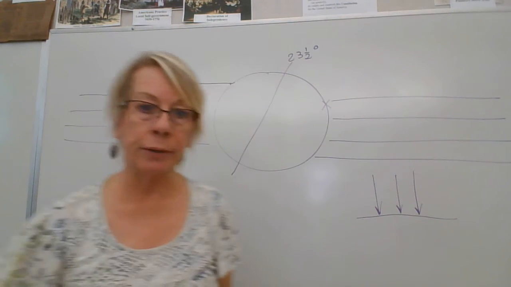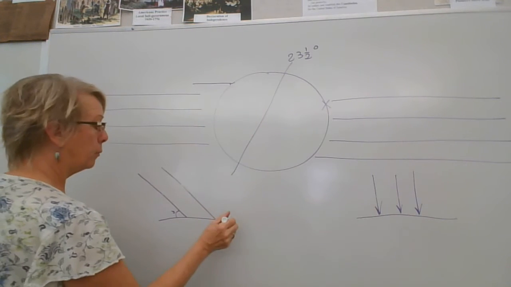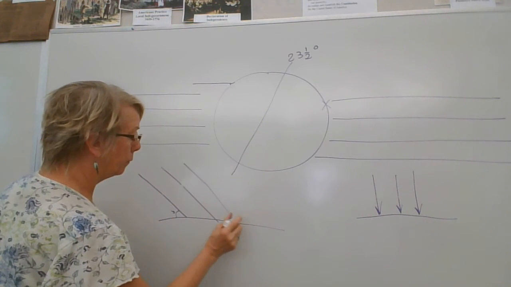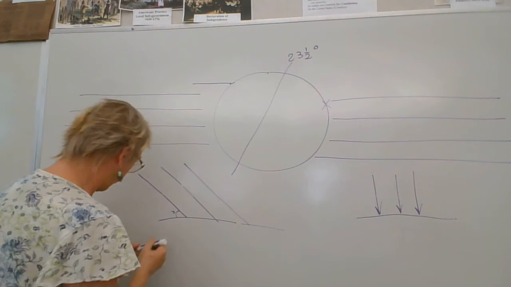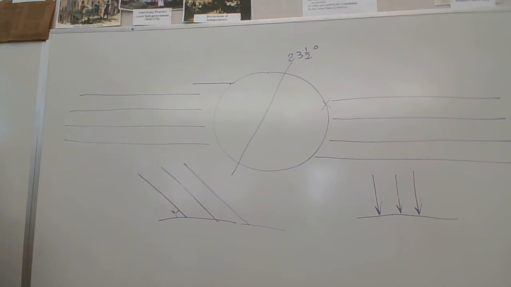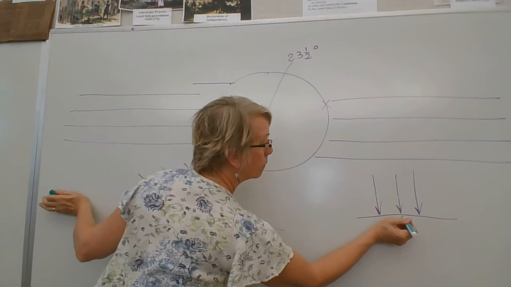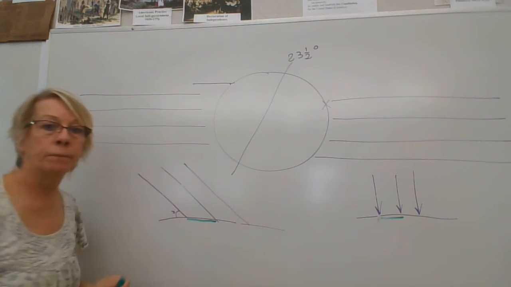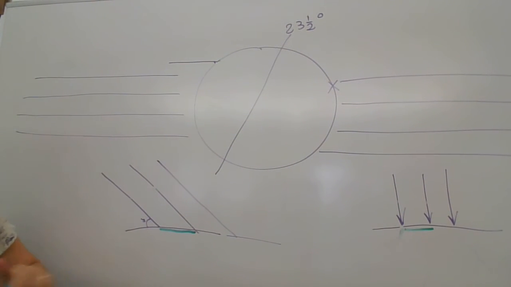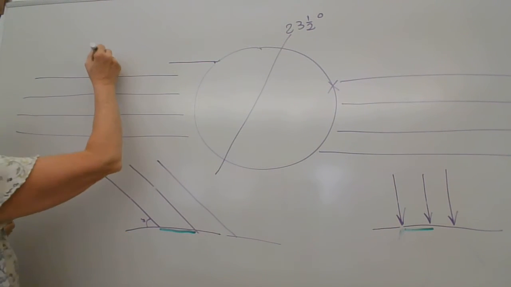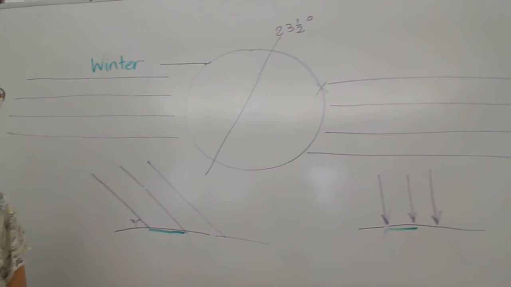Because if the rays are coming down the same distance apart, but they're coming more in at an angle like that, whoops. This is a bigger space right here than it is right here. So this is winter, and over there is summer,